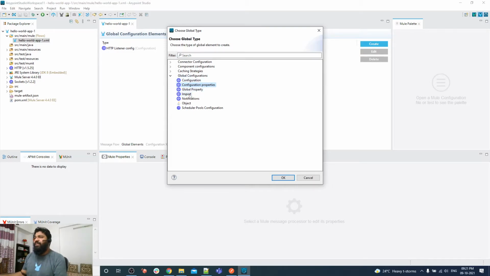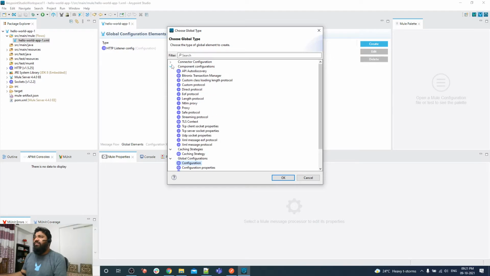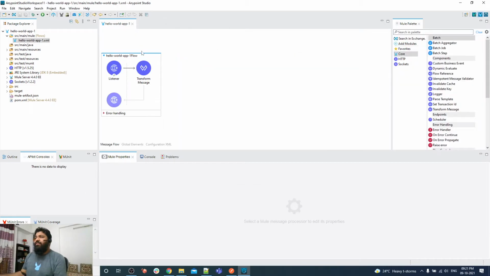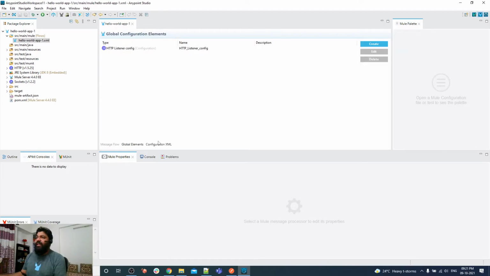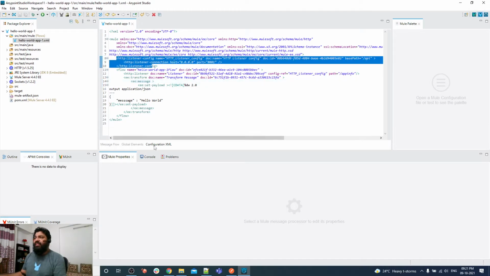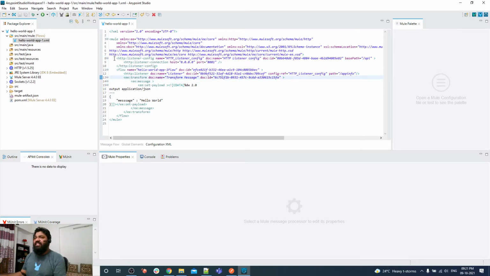We can import other beans, other XML configuration. Those are the default things coming along in the global elements. Whatever we design here in the UI, if you want to see the raw XML generated behind it, we can go to the configuration XML and see the XML being generated.